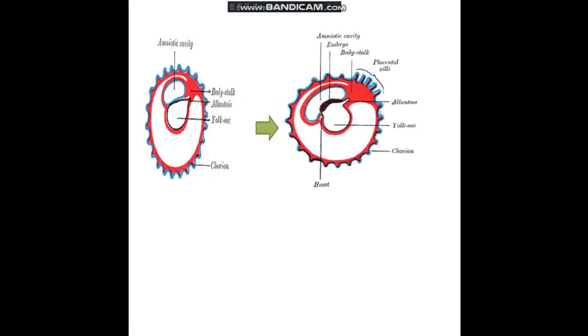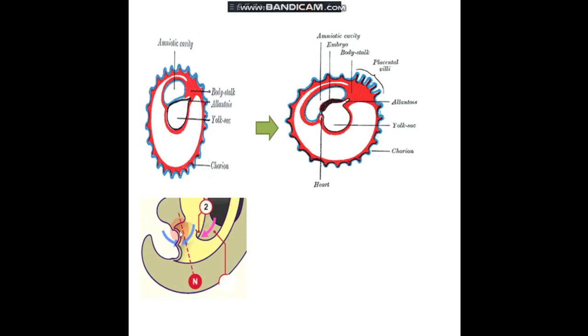Later on, folding of the embryo occurs after the formation of the trilaminar germ disc. So the yolk sac gets incorporated into the endodermal tube. The caudal portion of the endodermal tube forms the hindgut. So the allantois arises from the hindgut, and its distal part passes toward the connecting stalk, so that there is continuity between the connecting stalk and the hindgut.